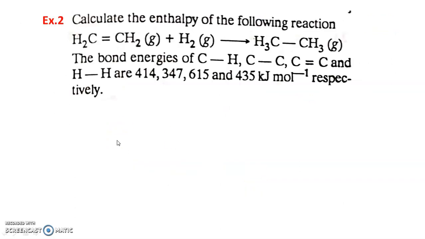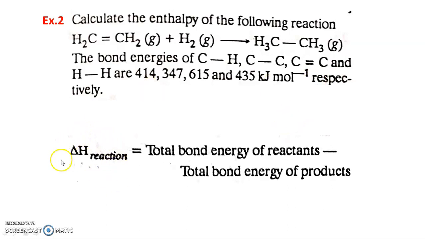Next example, this is on the bond enthalpy. Calculate enthalpy of formation of reaction in which ethylene combines with hydrogen, that is hydrogenation of ethylene to form ethane. The bond energies of carbon hydrogen, carbon carbon single bond, carbon carbon double bond, and hydrogen hydrogen single bond are 414, 347, 615, 435 kilojoule per mole respectively. This is given. Now the formula is enthalpy change of reaction, it is equal to total bond energy of reactants